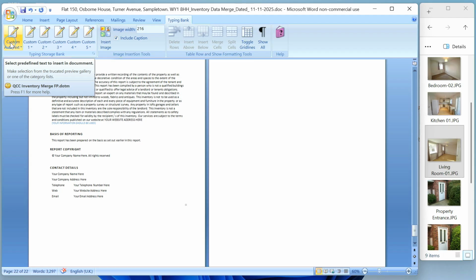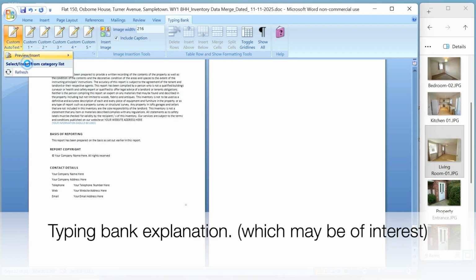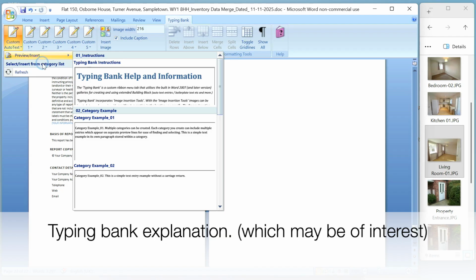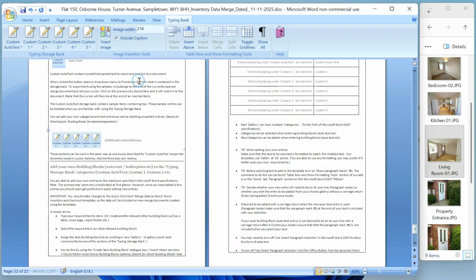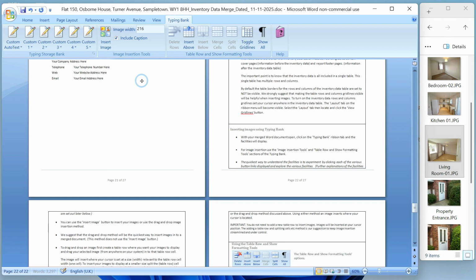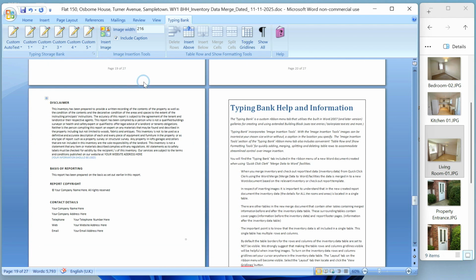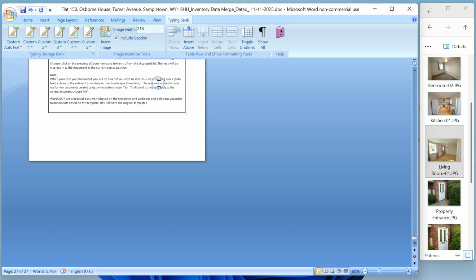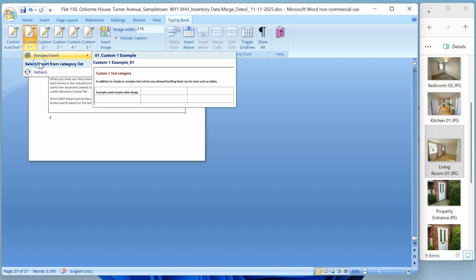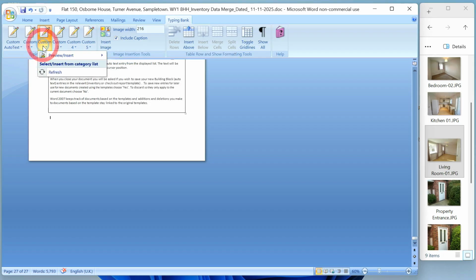8. Apart from preparing table cells to add images, the Typing Bank ribbon menu also contains the Typing Storage Bank section, which contains 6 auto text storage galleries. You can use the galleries for creating and using extended building blocks, for auto text and boilerplate text entries, which may be of interest and worth exploring. For example,